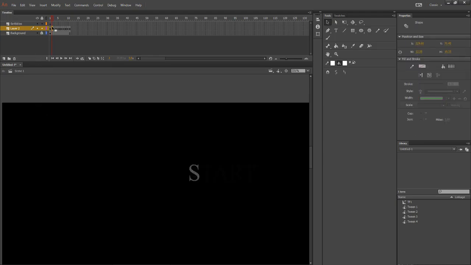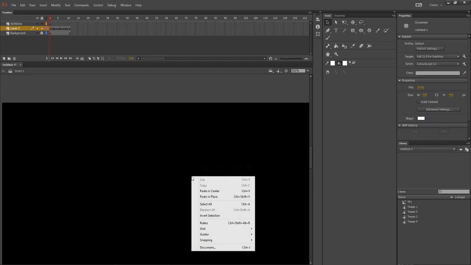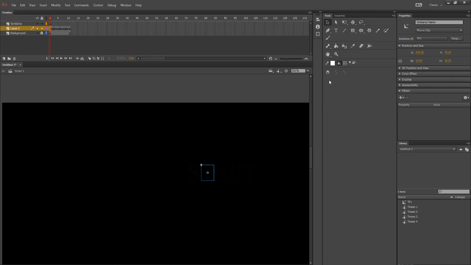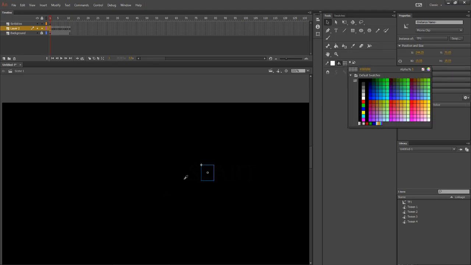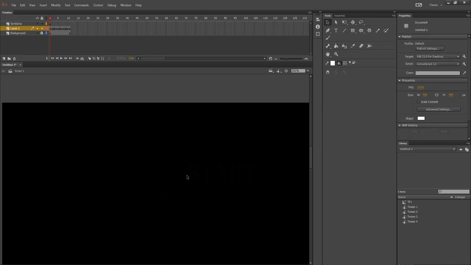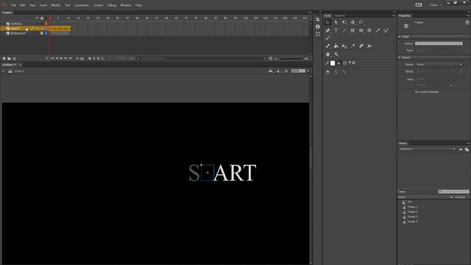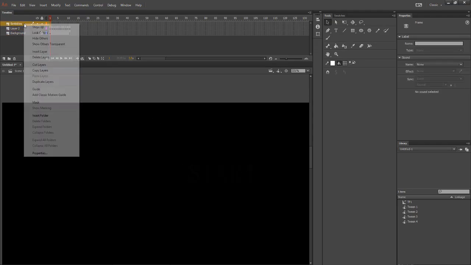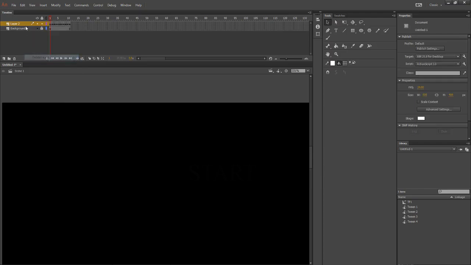Control C. Paste in place. And what alpha are you? You are 5. Delete there.